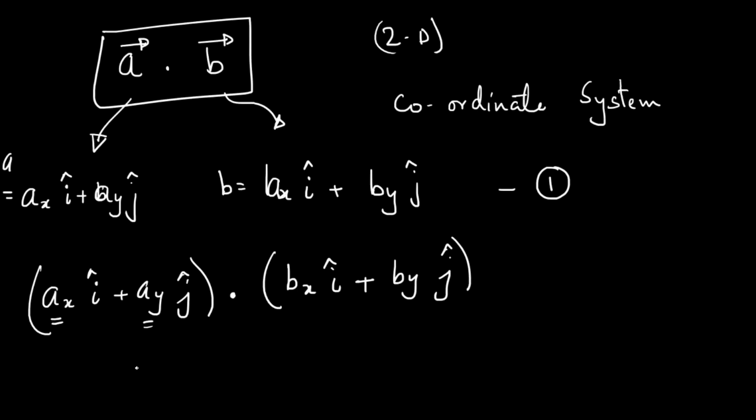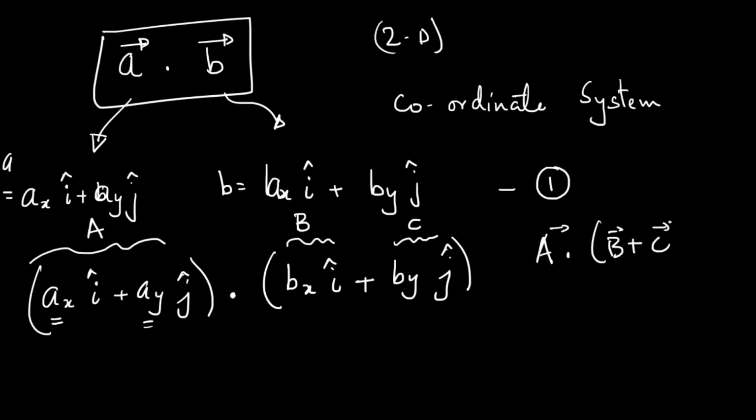Now here's where I use the two properties of vectors. I'm going to use upfront the distributive property. So I'm going to write this as one vector dotted with two vectors. Just to tell you, let's say this is capital A, and this I'm calling capital B, capital C. So essentially I'm saying, can you tell me what is A dot B plus C, and then this is going to be A dot B plus A dot C, which translates to